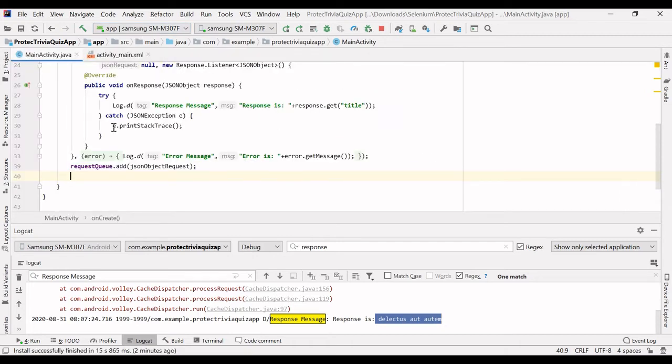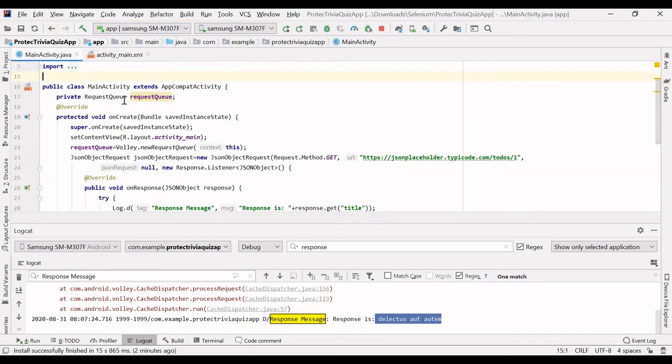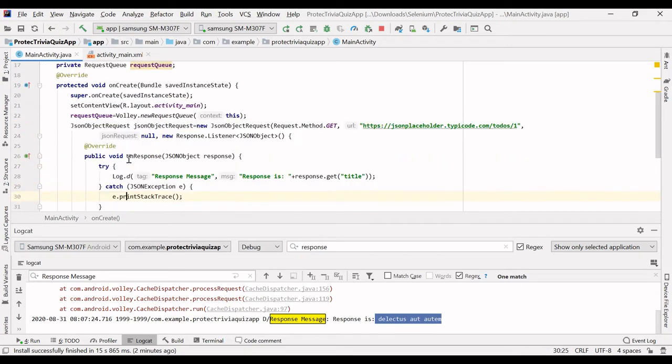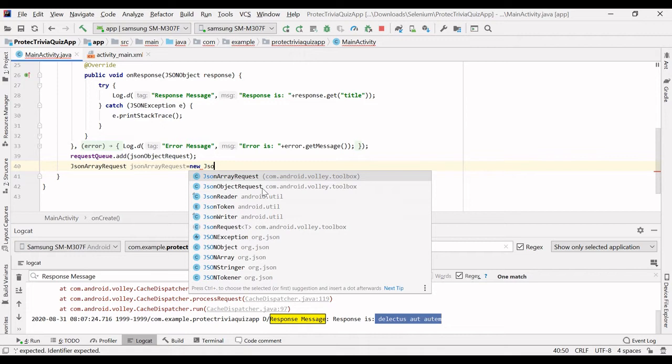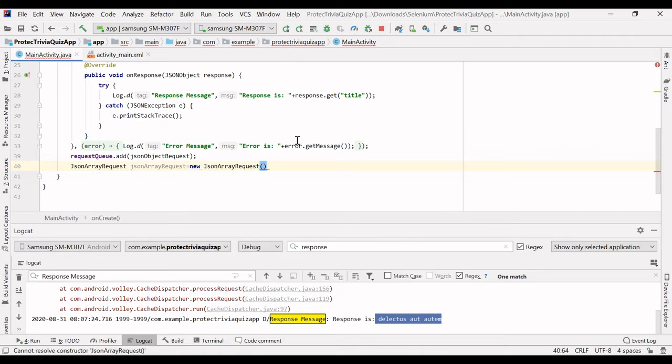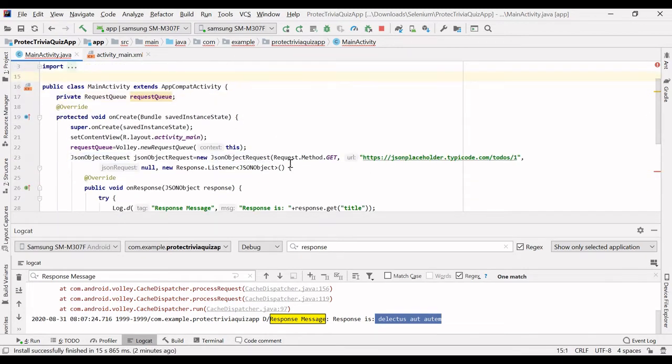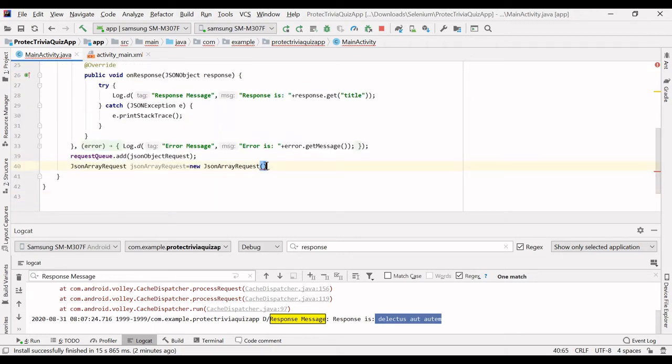We have to provide inside this on create method. Same as new. So we have to provide three things: the HTTP request method type. So the method is the same, this request method, get method, right?